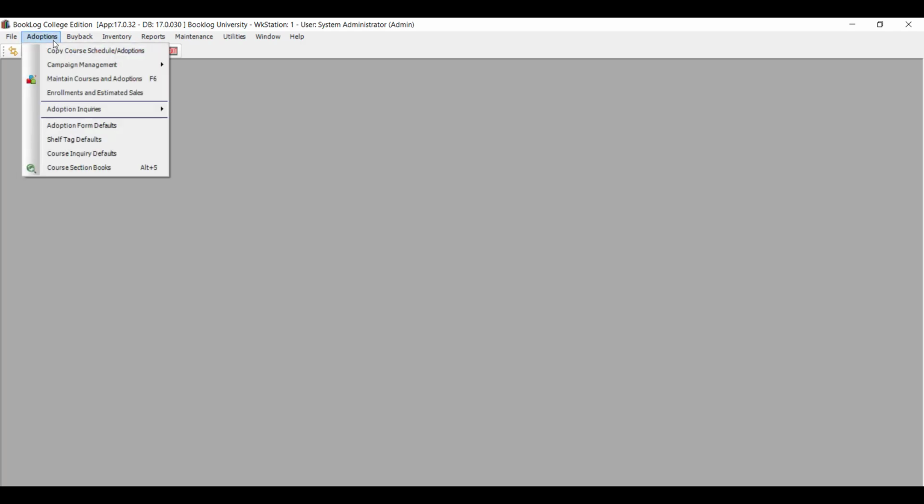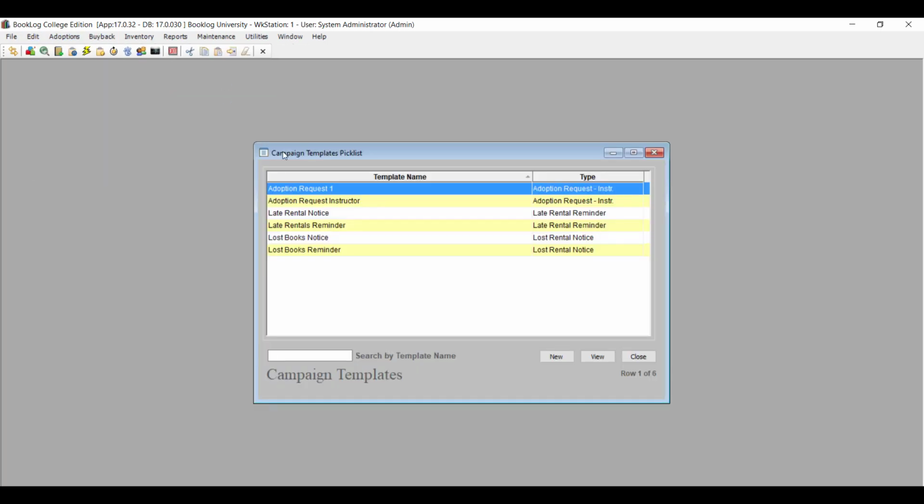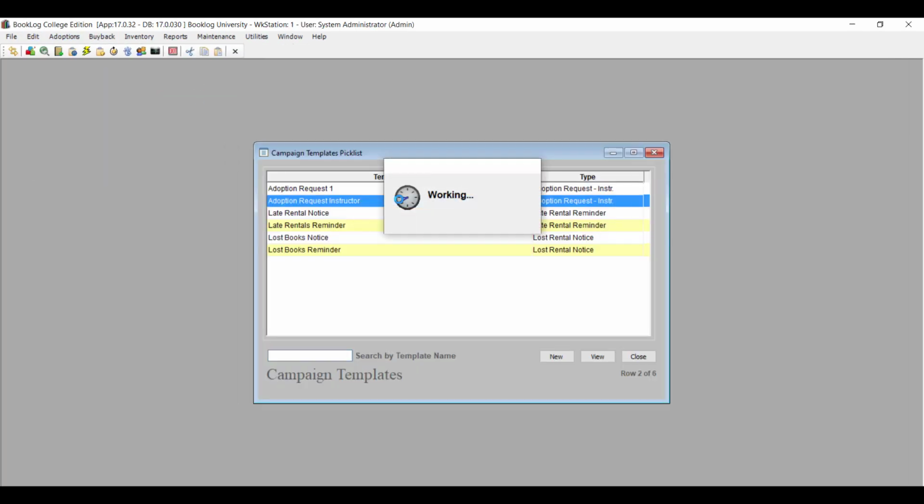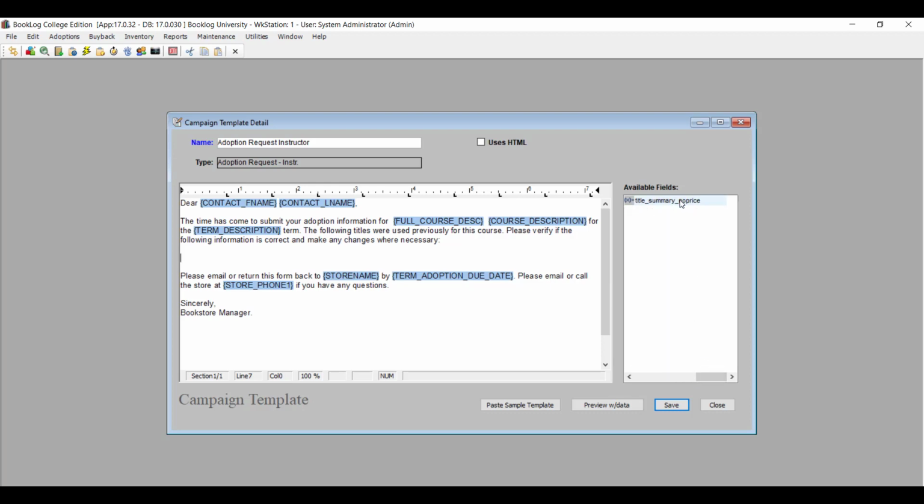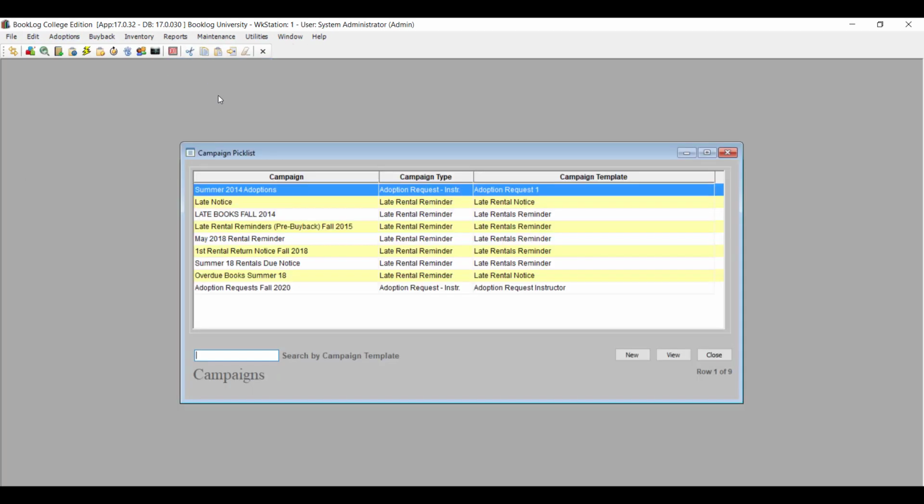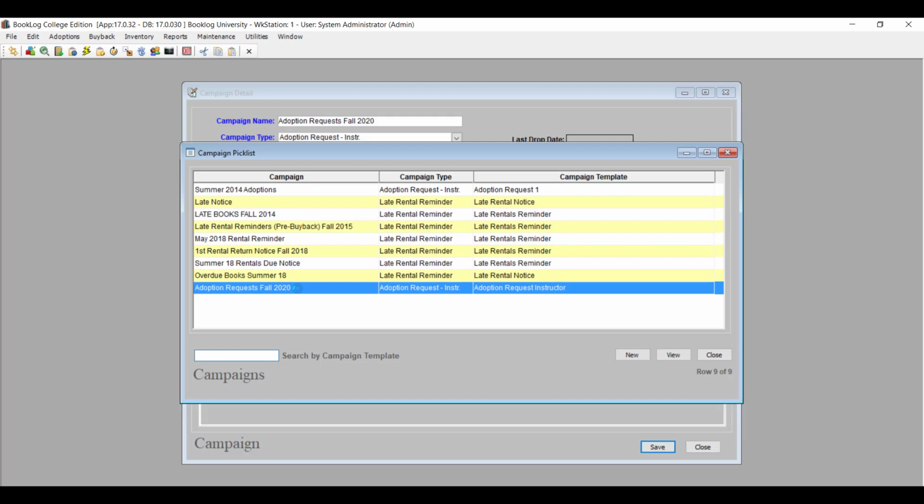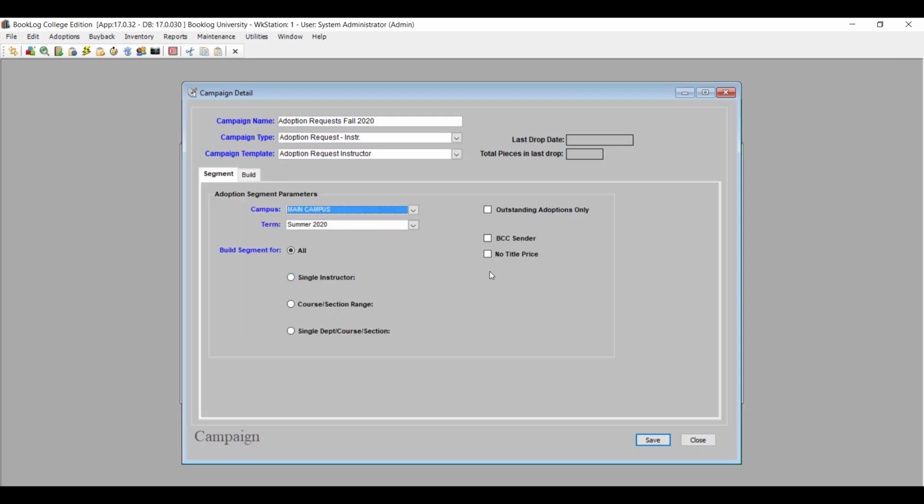To make this change to your adoption request campaigns, go to the Adoptions menu and click Campaign Management, then Campaign Templates. Find the adoption request template you'd like to change and double-click on it. If you'd like to include the price of the item, use the Title Summary variable in your template. If you would like to leave the price out, use the Title Summary No Price variable. When you build your adoption request campaign, pay attention to the No Title Price option. If you used the Title Summary No Price variable, you will need to check the No Title Price box for